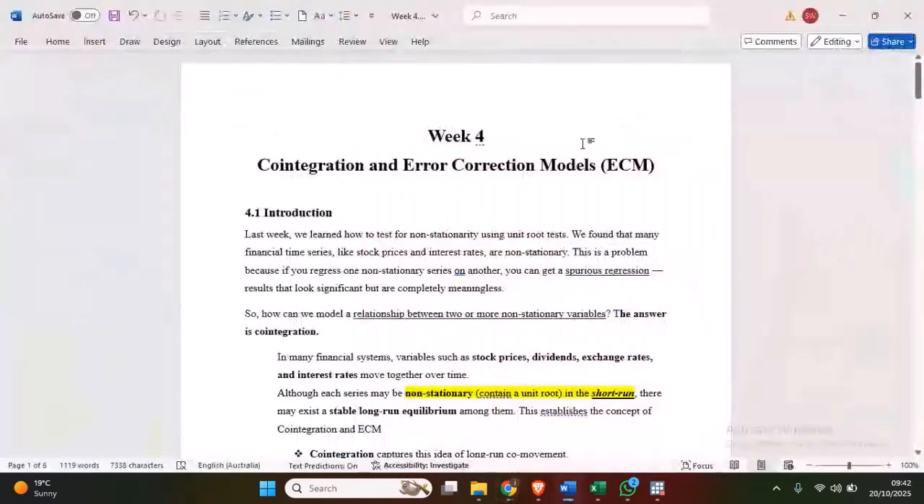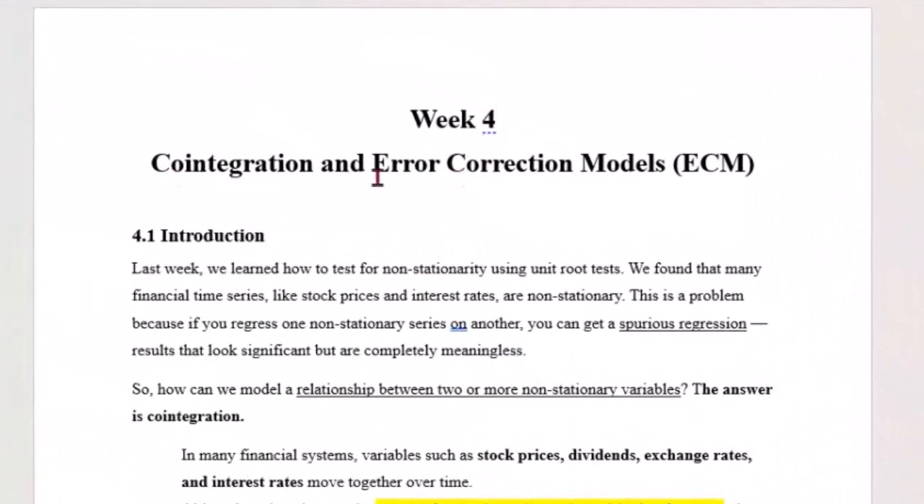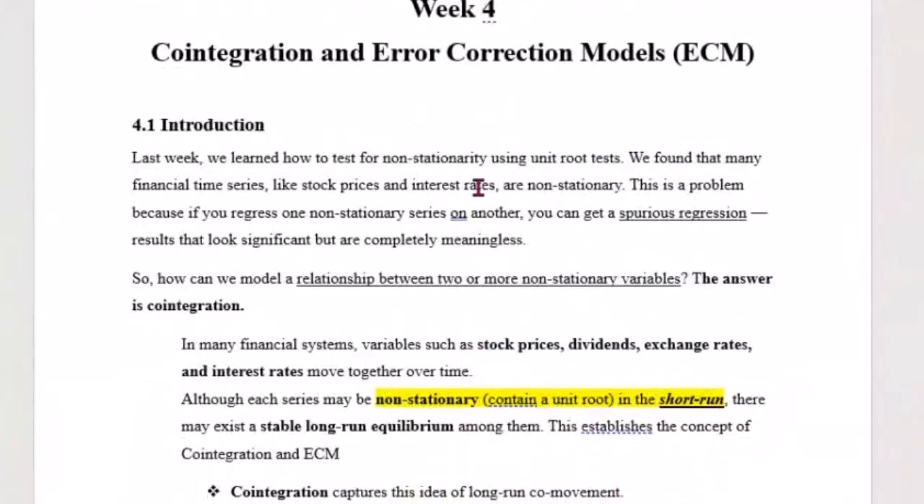So let's just start. In this week we shall be covering what we call cointegration and the error correction model. Cointegration and error correction model. And to start, if you remember, last week we were trying to learn about how to test stationarity and non-stationarity,